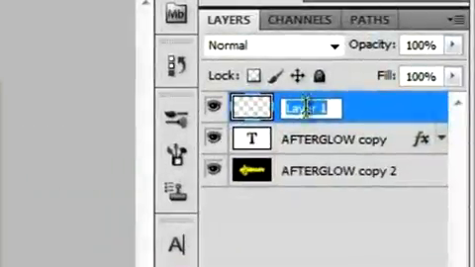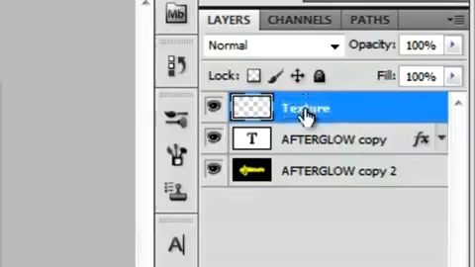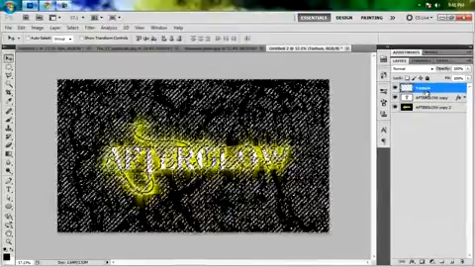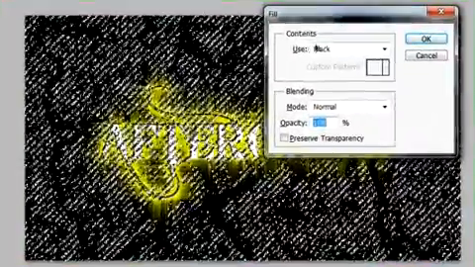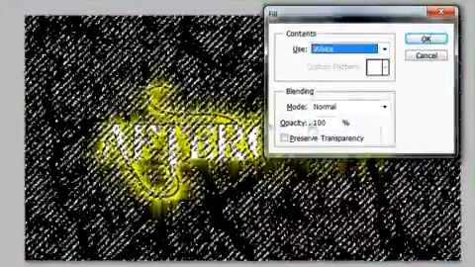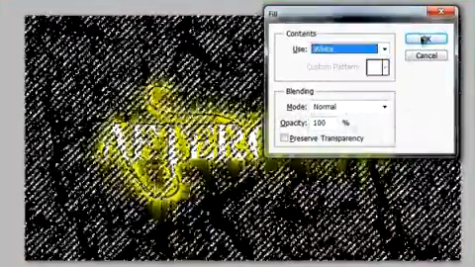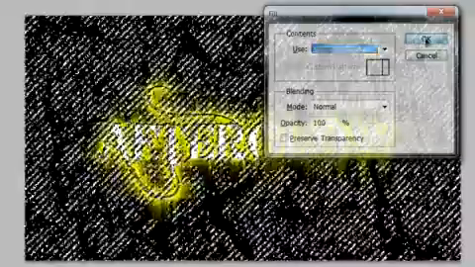And I'm just going to name this texture real fast. Texture. And then I'm going to bring up that fill dialog again by hitting Shift Backspace, and we're going to use white instead. Make sure it's mode normal, opacity 100%, and we'll just hit OK. Now we'll fill everything that you see moving with white, and then we're going to deselect by hitting Control D